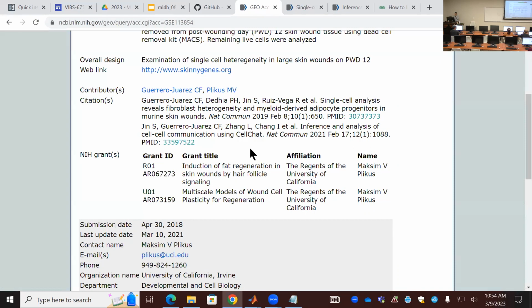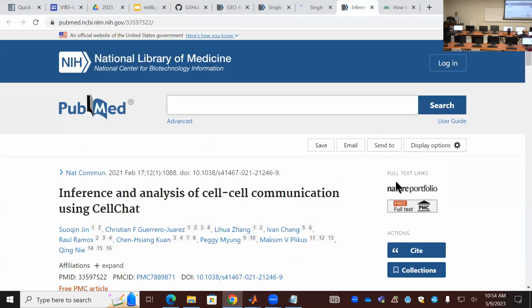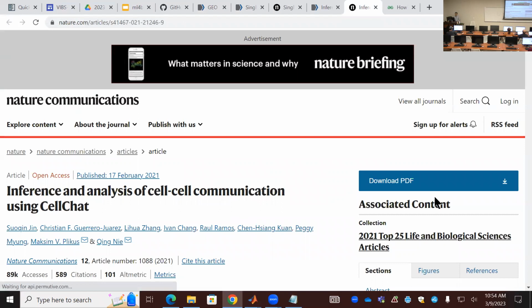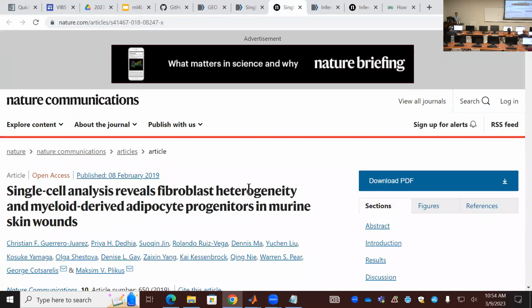What we can do is to find this GEO database record and then find the link from the original study. Reference. In this paper,